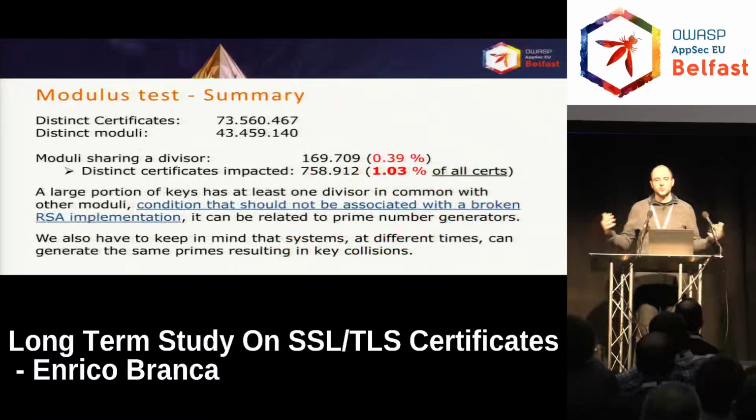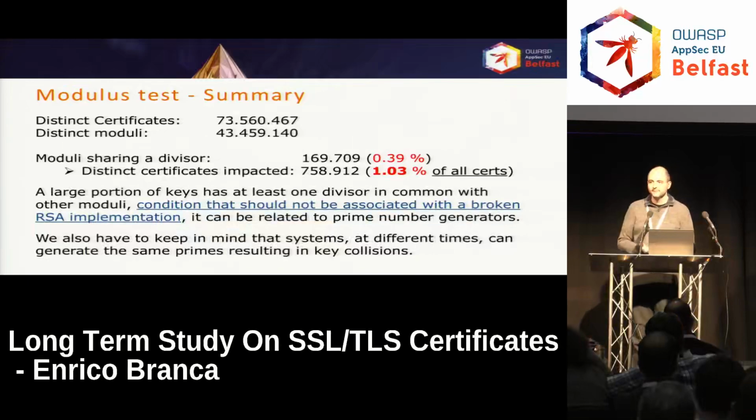If you take all the percentages and all the numbers together, out of the 73 million certificates that I have collected, I got around 800,000, so 758,000 certificates that are not valid. They are used. They are perfectly fine. Nothing will be shown to the user. The lock will be green. The interface will be OK. All the tests will pass flying green color.